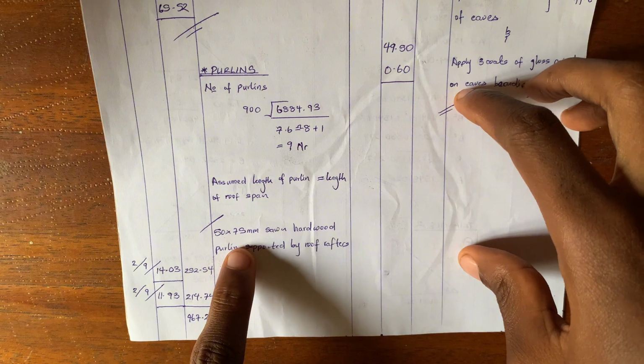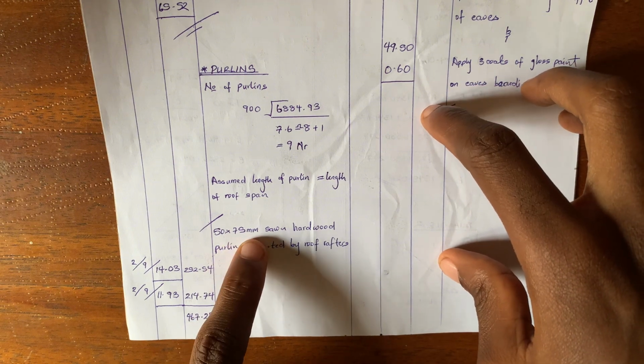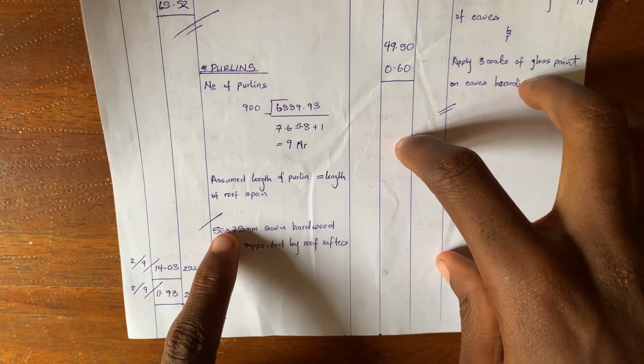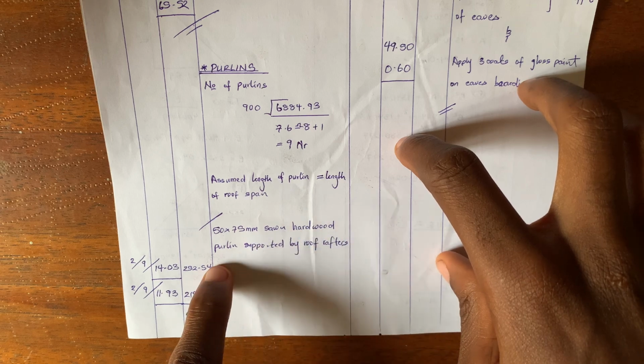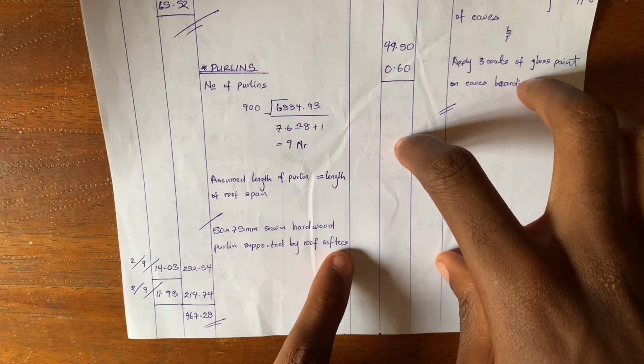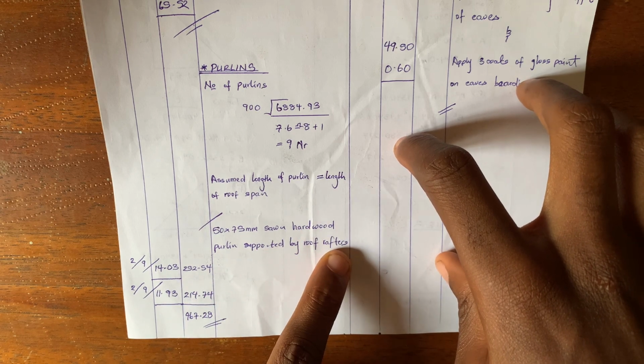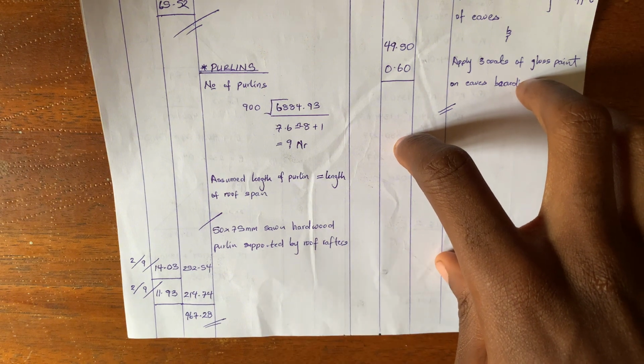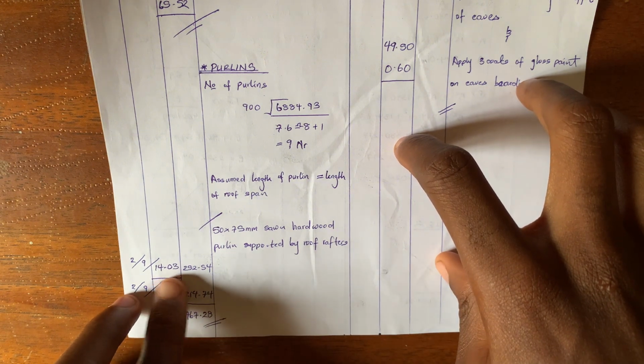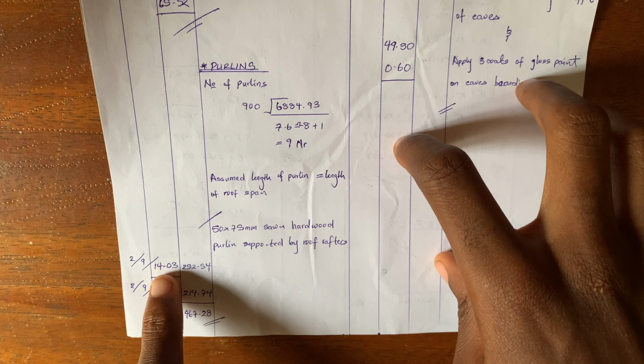So we will describe in our specification. They say that the purlines are 50 by 75. So we write 50 by 75 sawn hardwood purline supported by roof rafters, because they are going to be nailed to the rafters. Then you book for the length side. We said that the length is